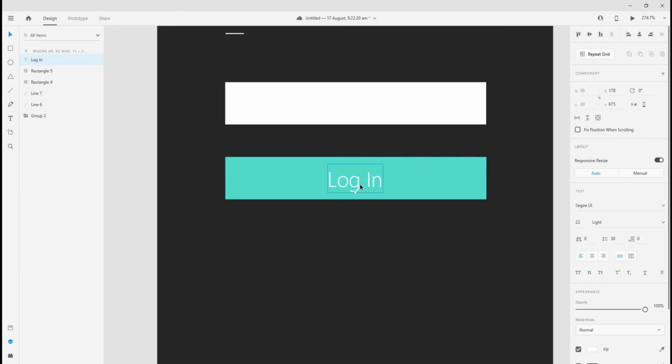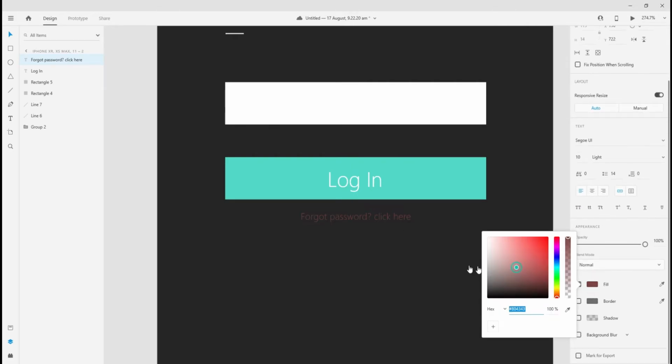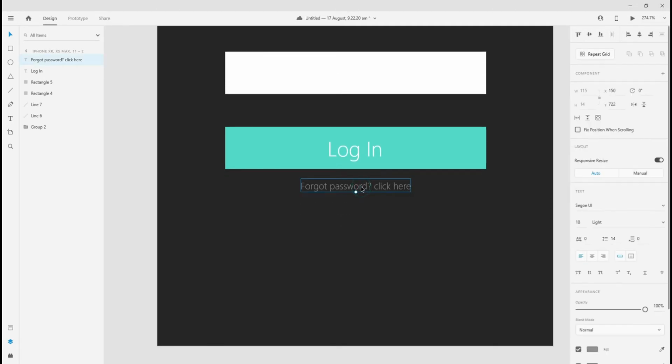and another text, forgot password, click here, make this small, place this in the center and give it a gray color, duplicate this and right here, don't have an account, click here and place this in the center,